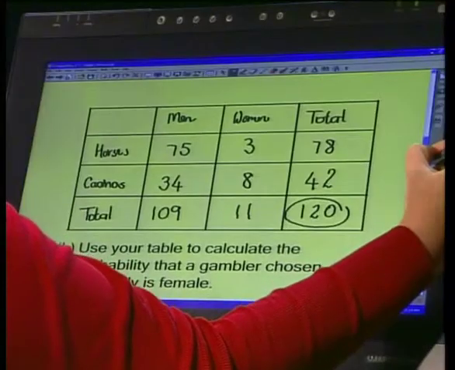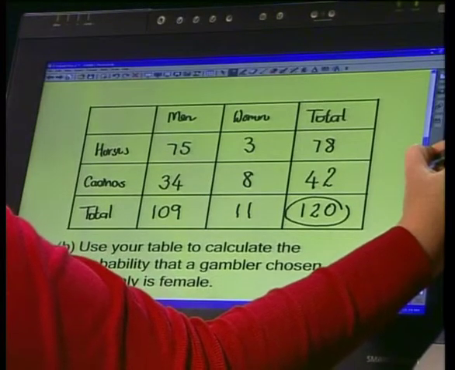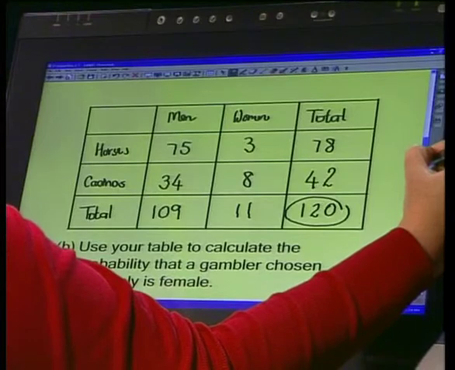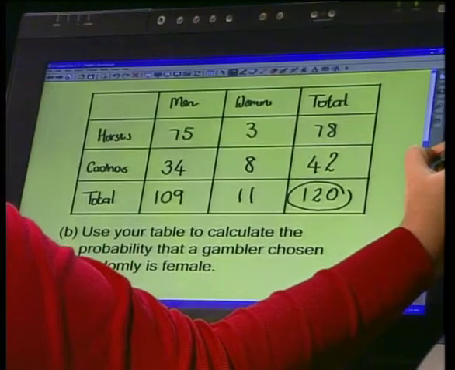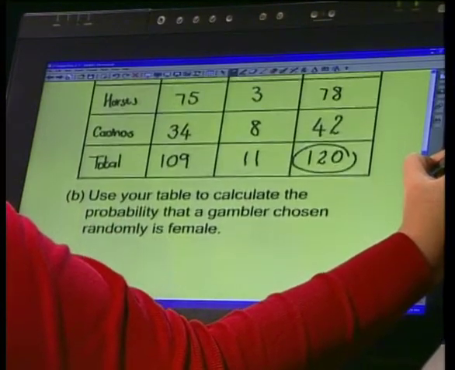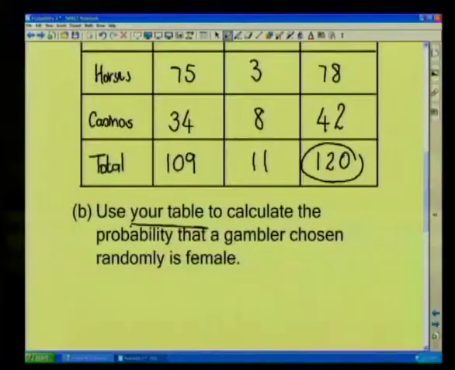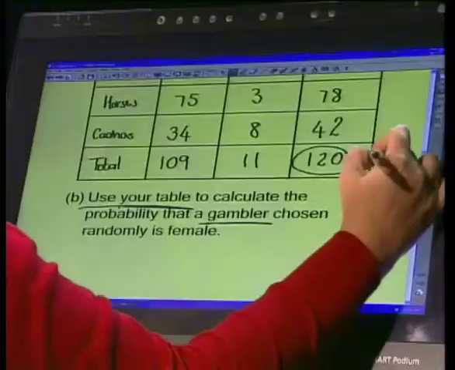Right, now that was the easy part. Now you have to answer some questions about these calculations. So you're now going to use your table, so don't make up your answers. You're going to have to use the information that you've already got in your table now to calculate the probability a gambler chosen randomly is female. Now they're talking about gamblers, they're talking about the whole group. So therefore we need to look at, this is the whole group,